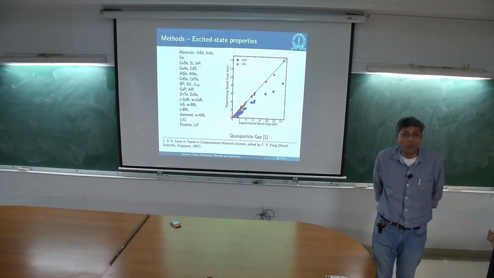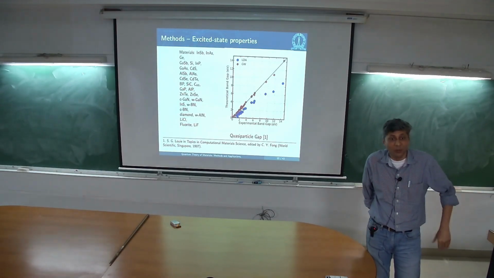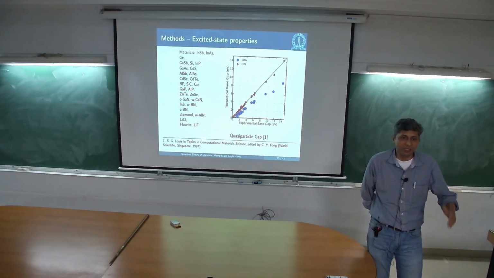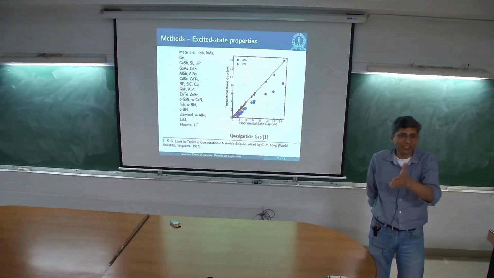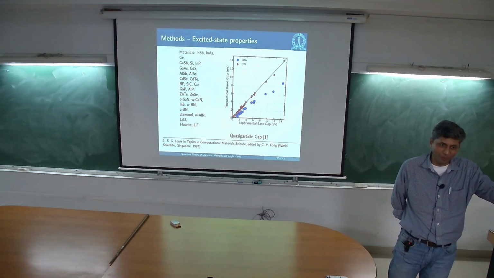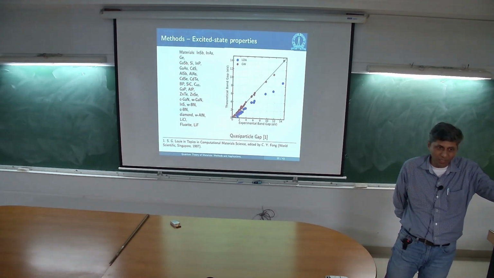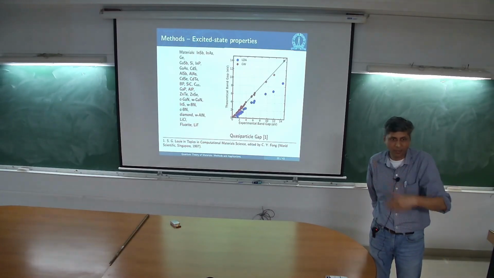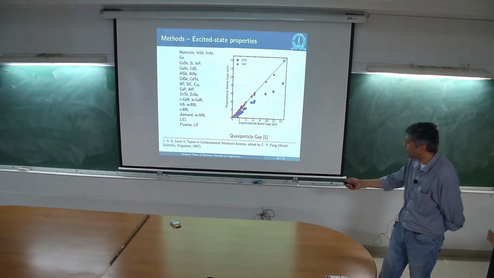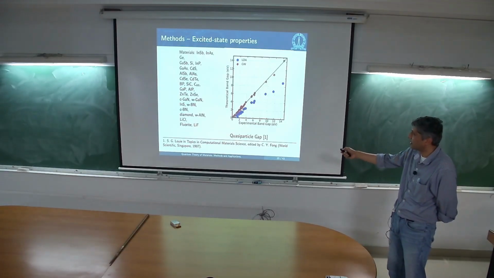There is a starting point dependence because we are not doing self-consistency, which we should do. But it turns out G naught W naught, that means G from the best G, best W approximation. That means you take a G from LDA or from the best G that you can construct, and W from a different one, that works pretty well. This is all done as a one shot. This is not done self-consistently.